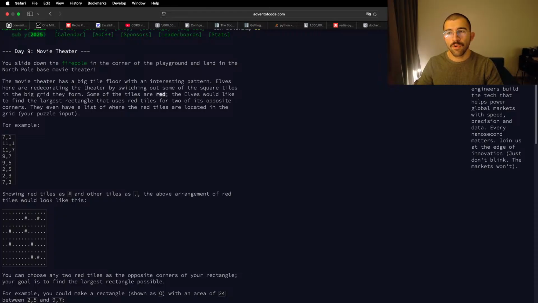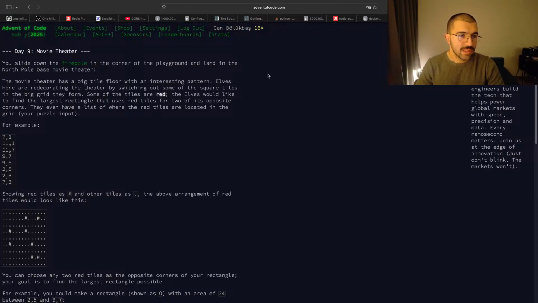Start the counter for 22 minutes. You slide down the fire pole in the corner of the playground and land in North Pole Bay's movie theater. The movie theater has a big tile floor with an interesting pattern. The elves here are redecorating the theater by switching out some of the square tiles in the big grid they form. Some of the tiles are red. The elves would like to find the largest rectangle